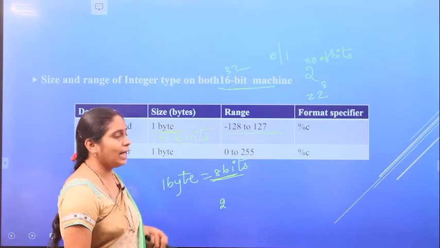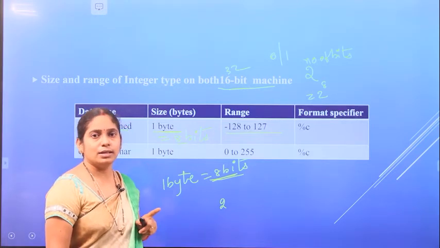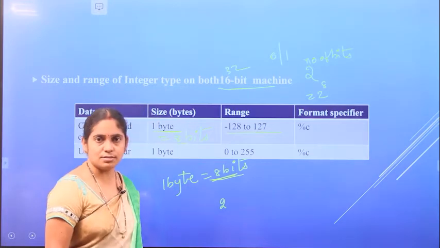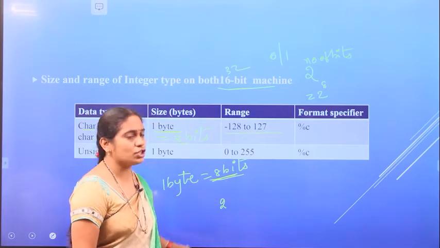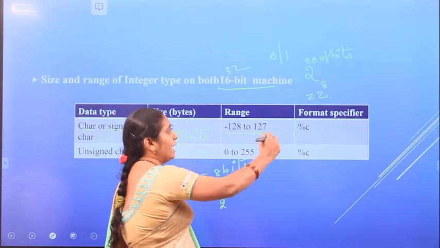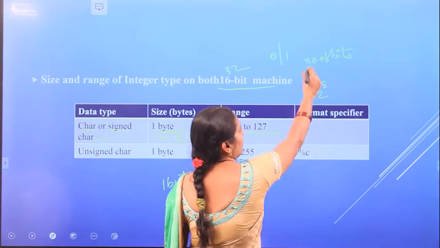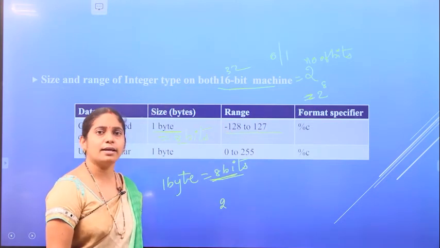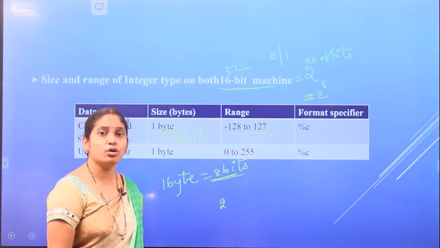So the size of a character is 1 byte. You convert that bytes into bits, which equal to 8 bits. Now coming to the range, you take that as 2 to the power of number of bits. Number of bits of a character is 8, so it equals 2 to the power of 8.